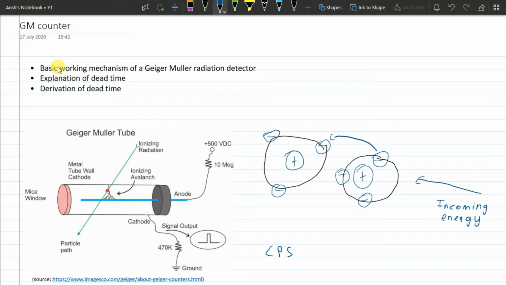A Geiger-Müller detector is essentially a cylindrical tube that you can see right here. The tube is usually made up of plastic with this anode in the middle. The anode is usually made out of tungsten, and there is inert gas filled inside the cylinder. The gas is usually filled at low pressures. And then the anode right here is connected to a high positive voltage, while the tube itself is grounded.